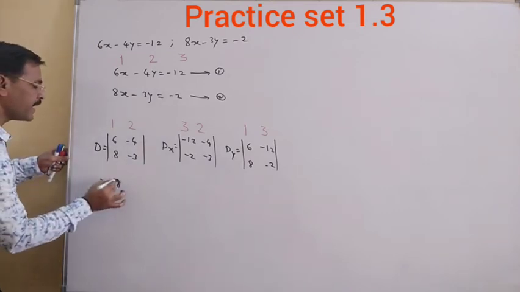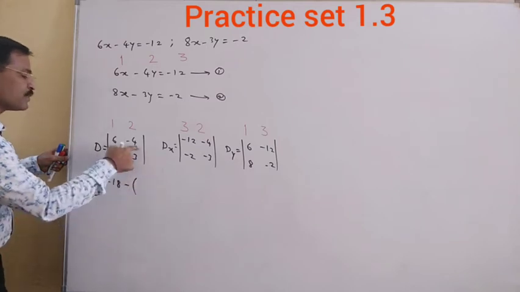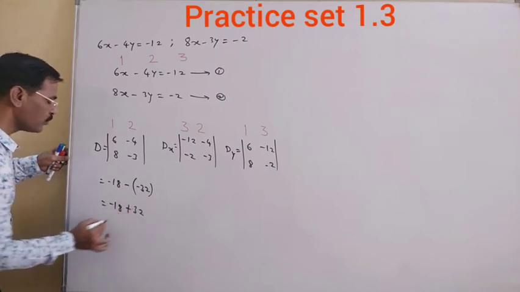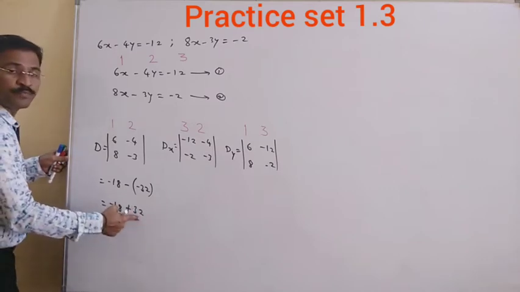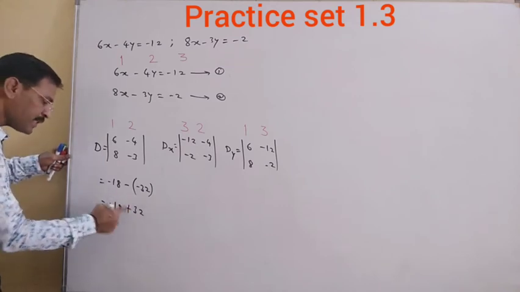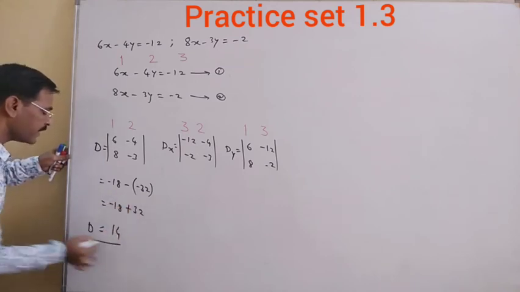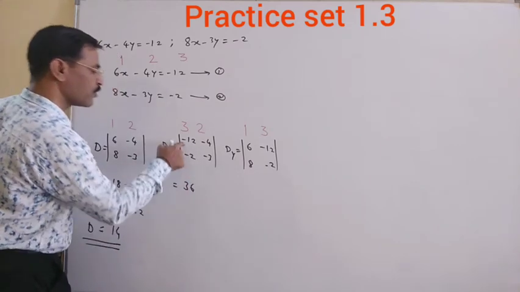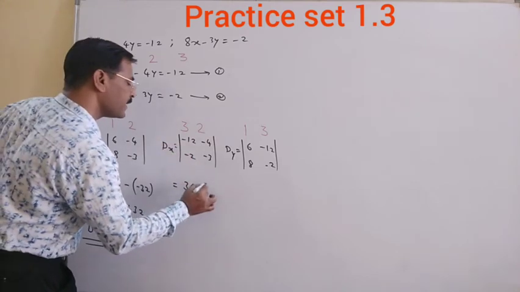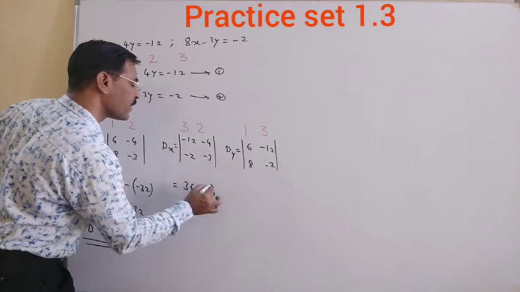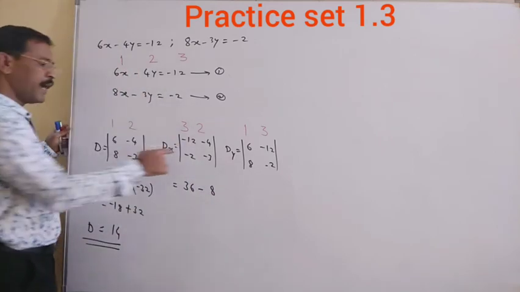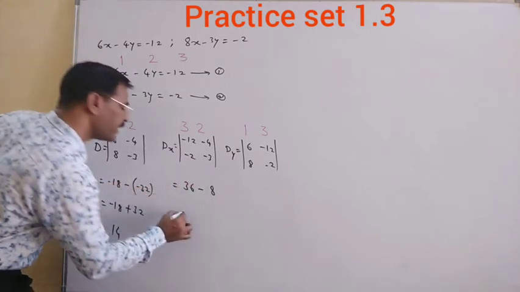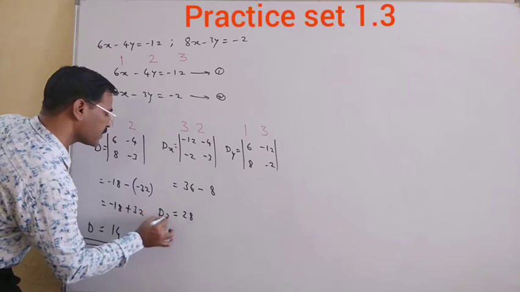6 3s are minus 18, minus 8 4s are 32, but that should be minus. Means minus 18 plus 32. So subtract this 18 from 32. How much? That is 14, but plus 14. Okay, this is D. Now take the next one. This is what? 12 3s are 36. That is plus because both have same sign. Now minus and it is plus. 2 4s are 8. This is minus from that rule and here minus plus. 2 4s are 8. So tell me how much? 36 minus 8, which is 28. This is of dx. Okay.